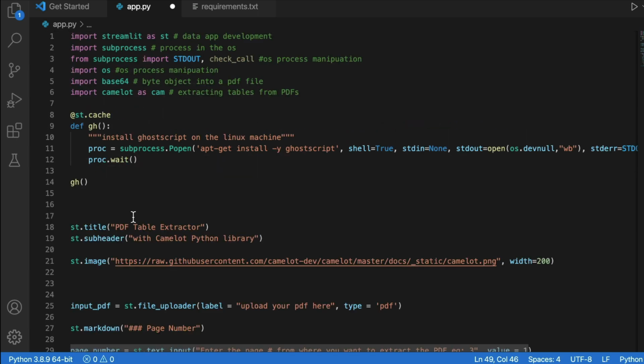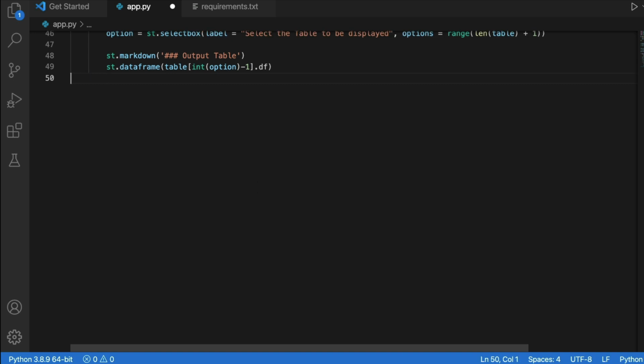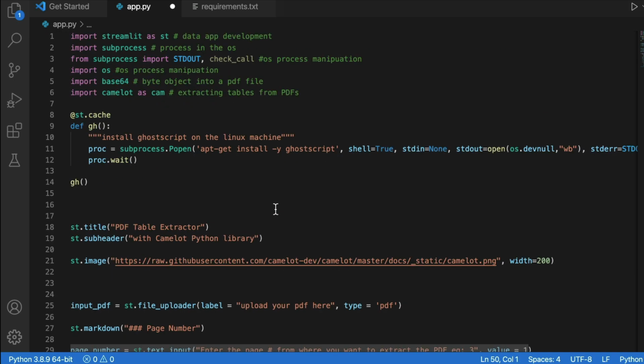The point here is that it would run every single line of code from 1 to 50 every time the application is run. But we don't want to install Ghostscript every time, right? So what I'm doing here is caching this process, which means this process would get executed only once. Because we are caching, we are not going to install Ghostscript every time. Now you might ask me, what is the advantage of it? The simplest advantage is that your user doesn't have to wait every time for you to install Ghostscript. That's the first thing, right? So there is not much latency whenever somebody wants to convert their PDF into a table.